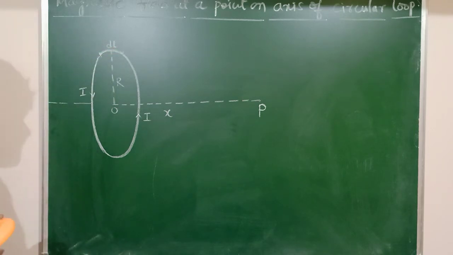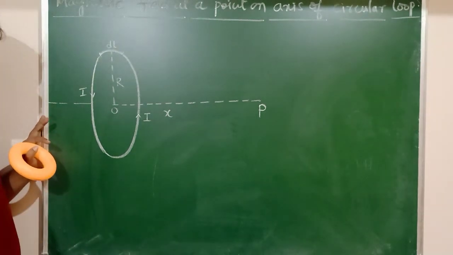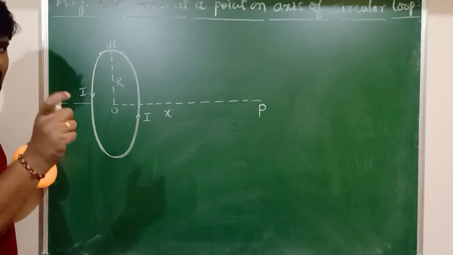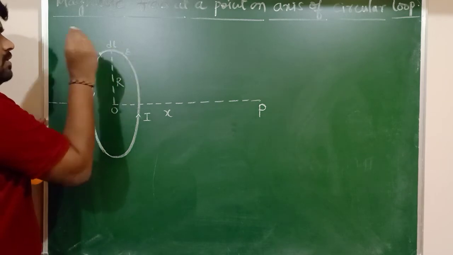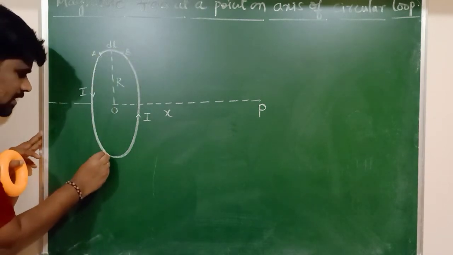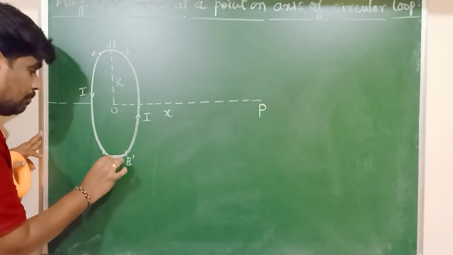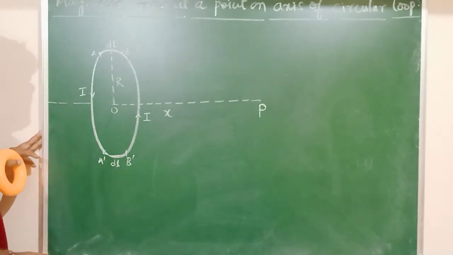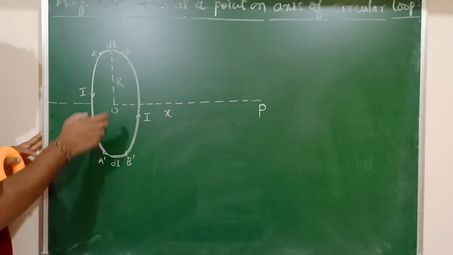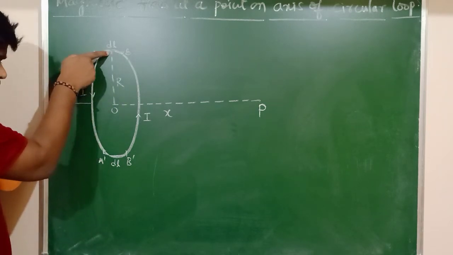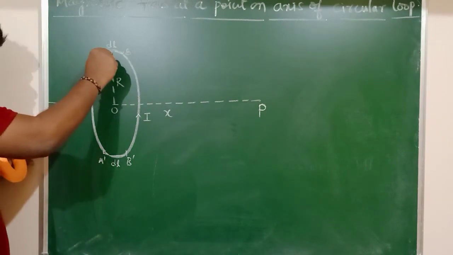But in the first step I will take two such current elements which are diametrically opposite to each other. Let us take two current elements. The first current element is AB, and another current element I will take here, and I will call it A dash B dash. Both have the same length and they are diametrically opposite to each other. One current element is at one end of the diameter and the other current element is at the other end of the diameter. Both have the